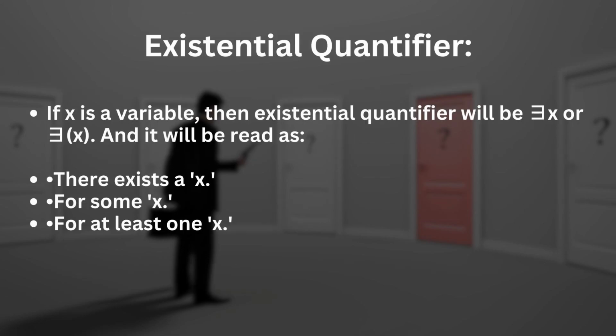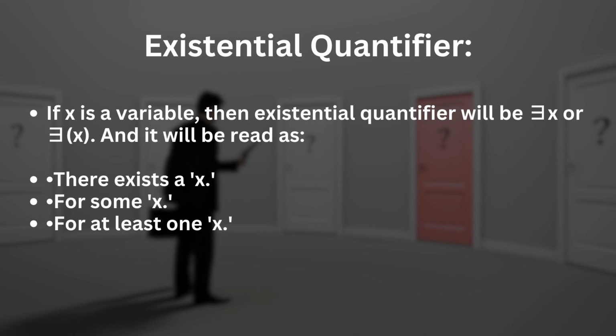In the context of the existential quantifier, the conjunction symbol, or and, is commonly employed to combine conditions. In short,